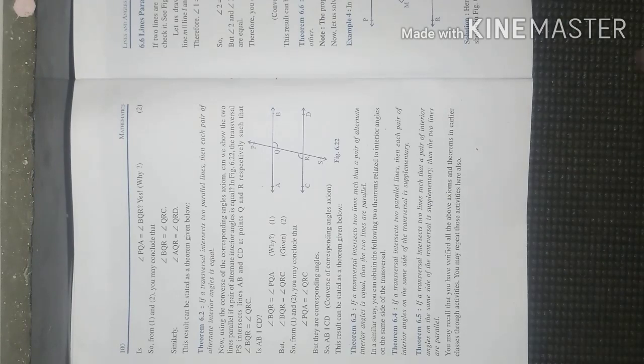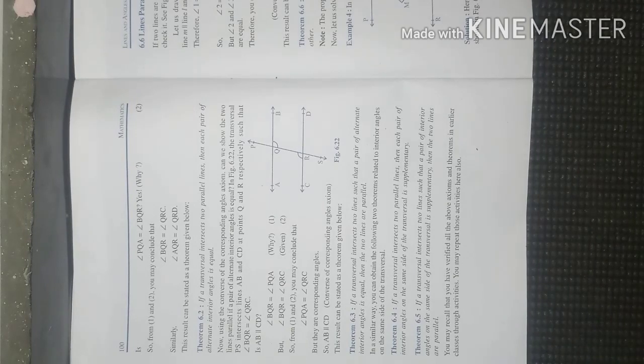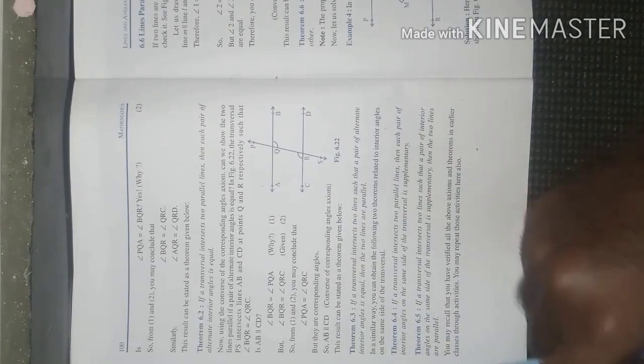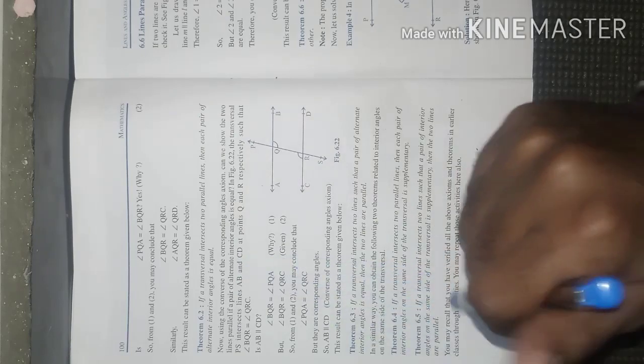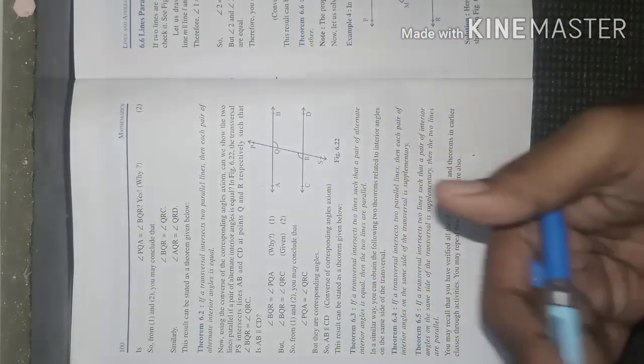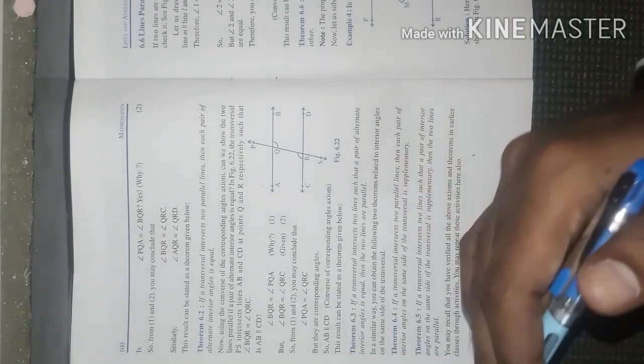Hello everyone, welcome back to the maths class of ninth standard. As we have gone through some of the axioms and some of the concepts about parallel lines, let us move to some of the theorems based on parallel lines. I will read and explain them. Just concentrate. These are very important examples for your ninth class and also for 10th class, and we are going to use them in this coming exercise. Like corresponding angles we learned, alternate angles we learned, all of those we are going to use in this coming exercise.